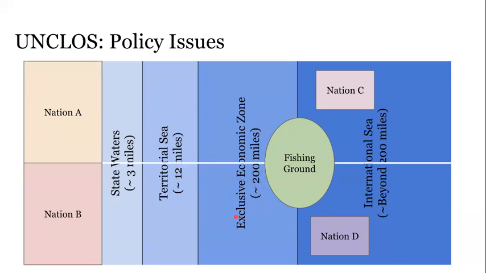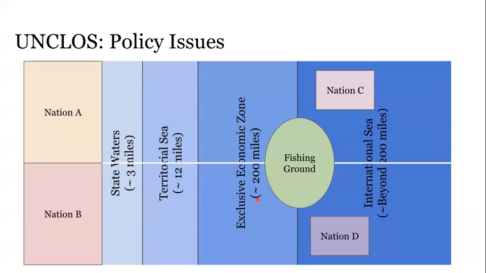So actually, before I say that, we can see where UNCLOS is helpful in establishing these norms. So we say that nation B and nation A are signatories to UNCLOS. Well, it's great because if they are, then they all agree upon these identified boundaries. You can see a situation where nation A did not agree upon this boundary and said, no, I don't think that you have exclusive rights to 200 miles. So therefore, I think that this is international water, and even if it's located here, I'm going to take advantage of it. Now you have a problem, because you have nation B under the belief that this is effectively my private property, and you have nation A saying, nope, this is not private property, this is like a commons, anybody has access, and so I'm going to access it.